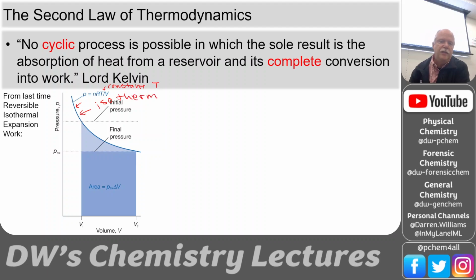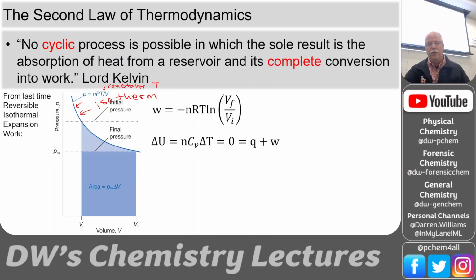It's an isothermal expansion, so it follows that isotherm, and we can calculate the work that's done during that. And so here's the work that's done. If we know the final and initial volumes, we know the temperature, it's a fixed value, we know the number of moles and the gas constant, we can calculate the amount of work. Okay. This has also caused a change in internal energy, but because delta T is 0, it's an isotherm, the change in internal energy is equal to 0.